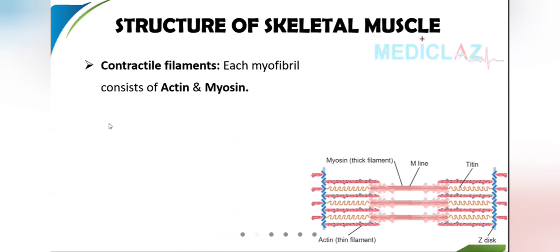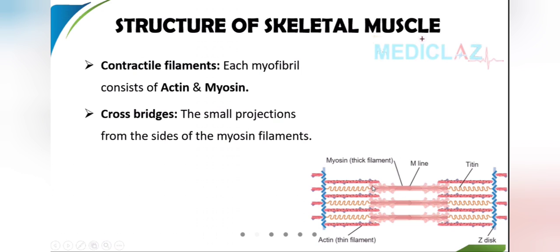You see that these are going and attaching to this myosin. What are these feather-like structures? They are going and attaching themselves to the actin, and this is called cross bridge formation. This entire portion where it attaches is called a cross bridge. In muscle contraction, we talk about cross bridges. It's nothing but the joint that is formed between the myosin and the actin.